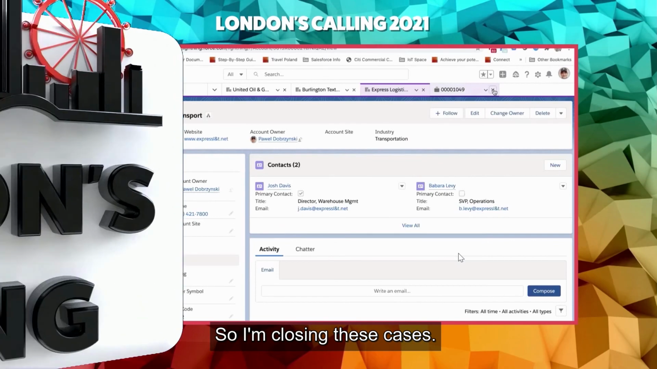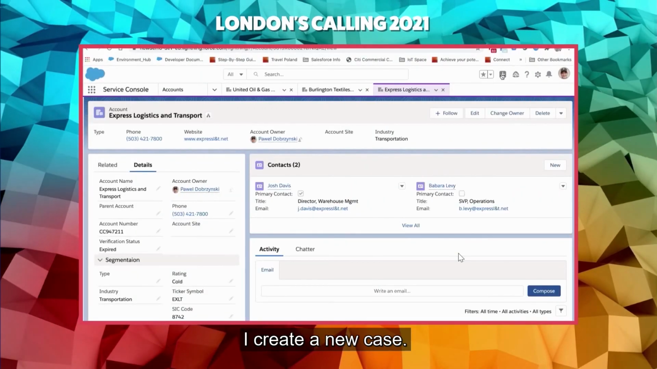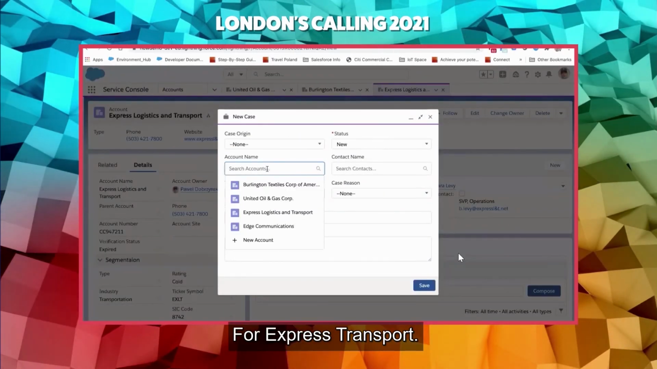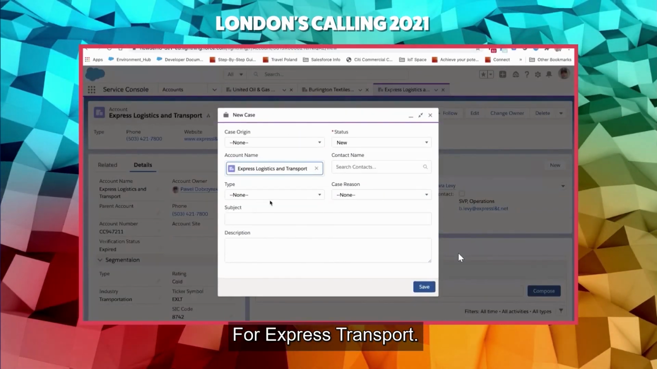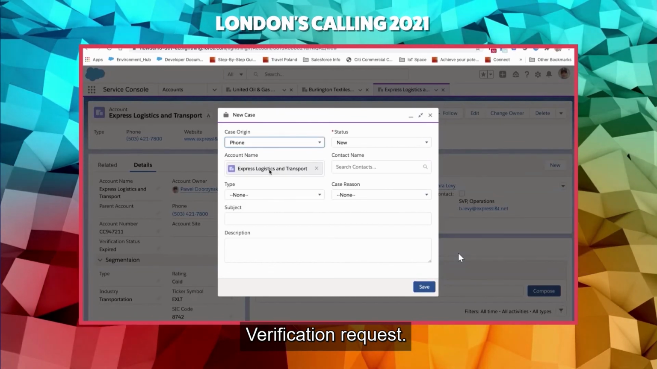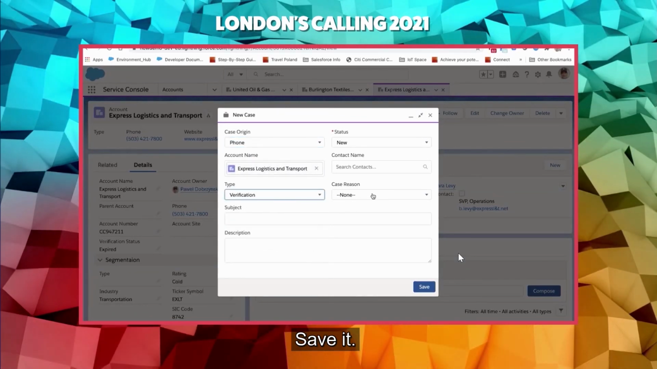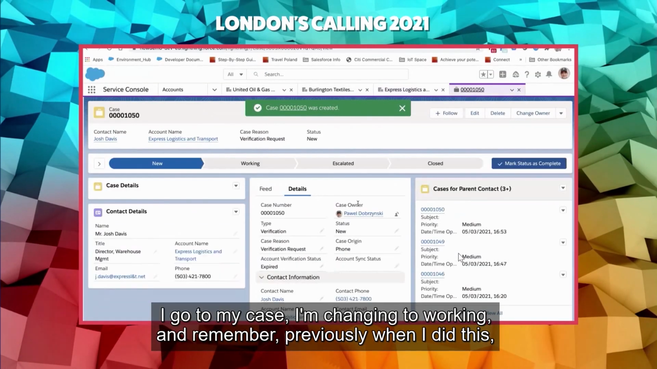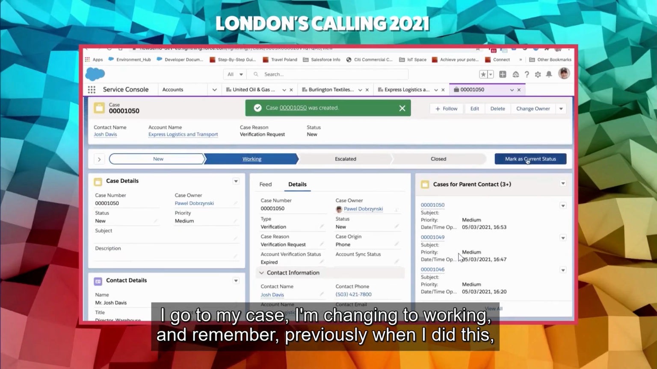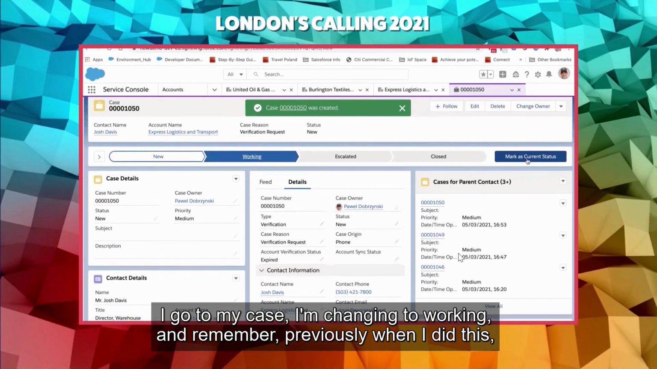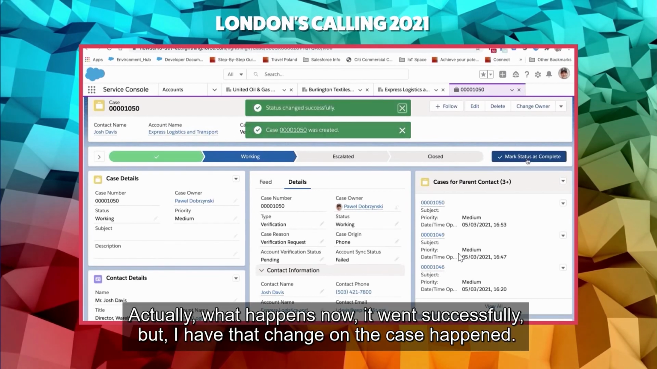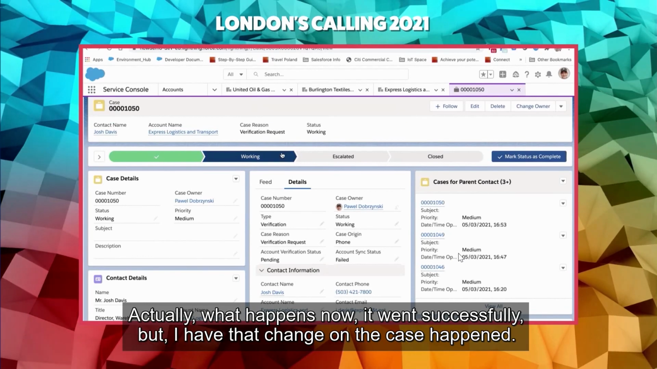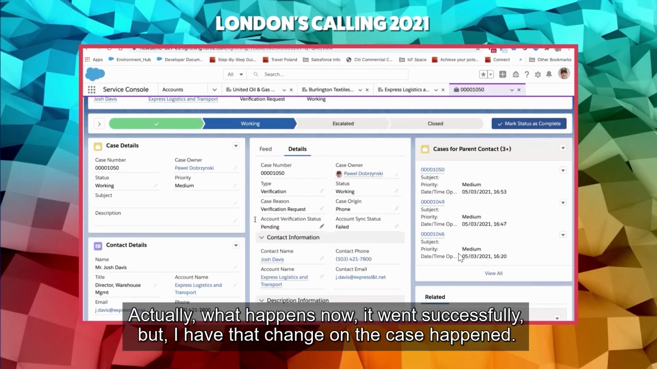So I'm closing these cases. I create a new case, again for express transport. Case origin. Type verification request. Save it. I go to my case. I'm changing to working. And remember, previously, when I did this, I got the error message. But actually, what happens now, it went successfully, but I have that